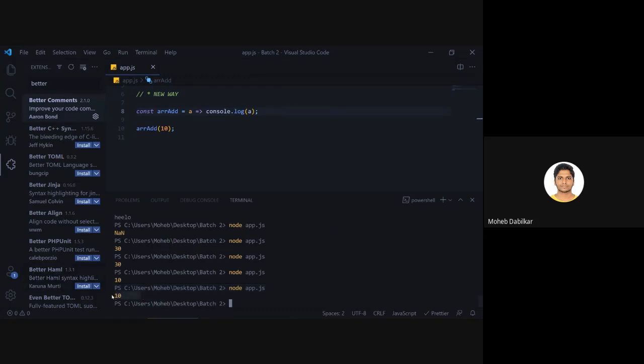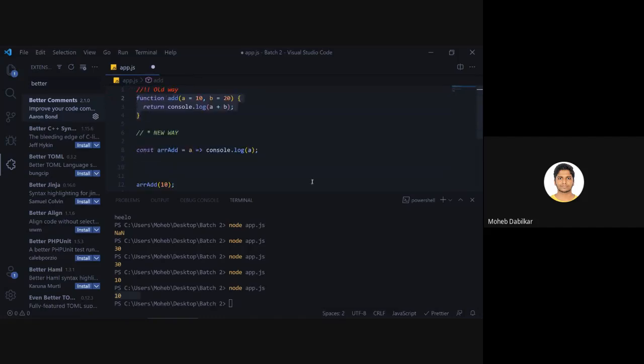Well, now this is 10, and you see that big function which was supposed to be of three lines is now just one line of code. Even if we had just one parameter, we still had to use three lines. So for now we will be using functions, but there is something known as the this.